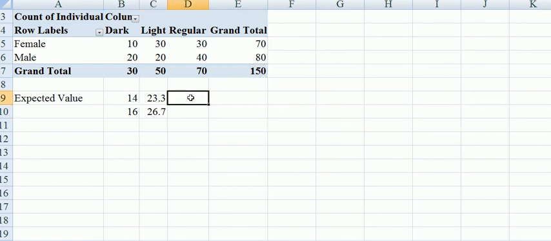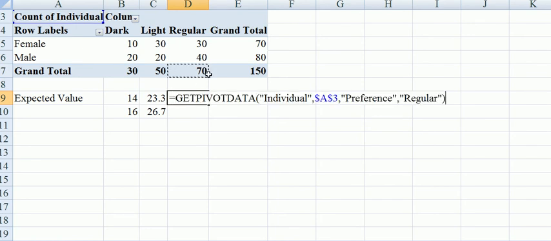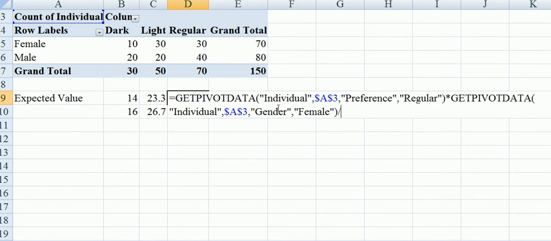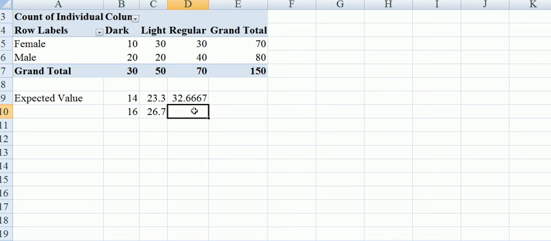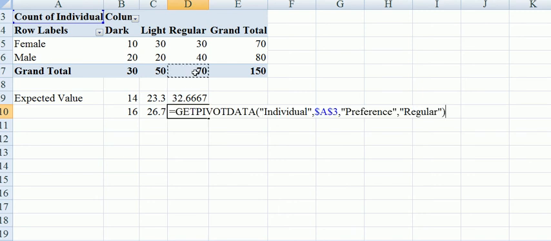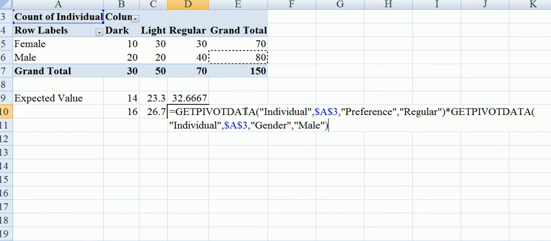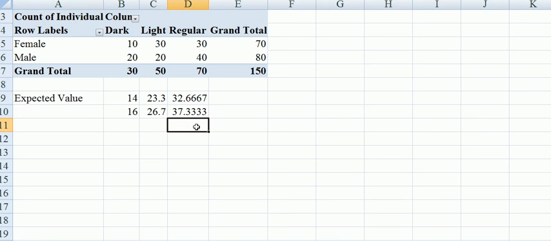Now we move across to the regular beers. It's exactly the same thing. So now we have our table of expected values,